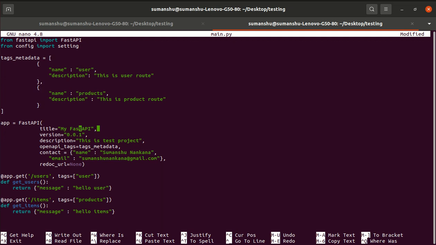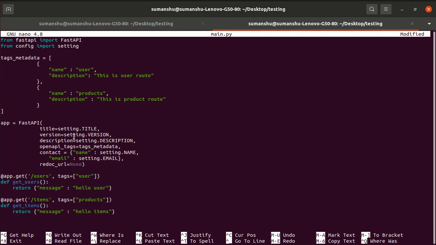Now everything we will set from settings.title, because we can access any parameter using the dot operator. settings.version, settings.description, settings.name, settings.email.